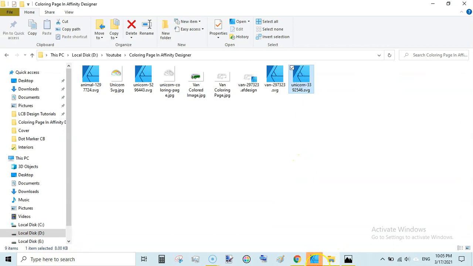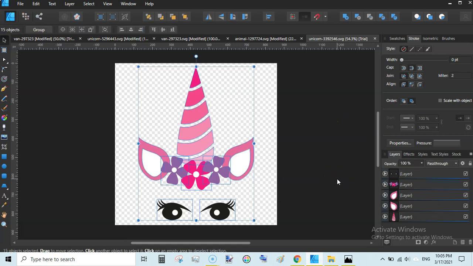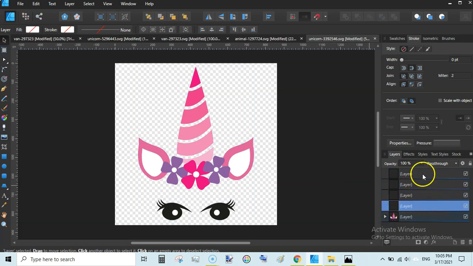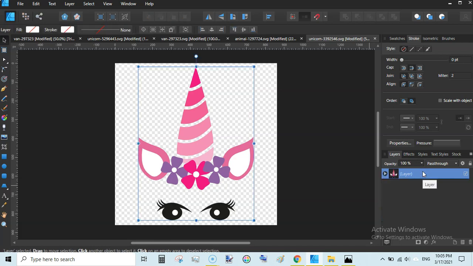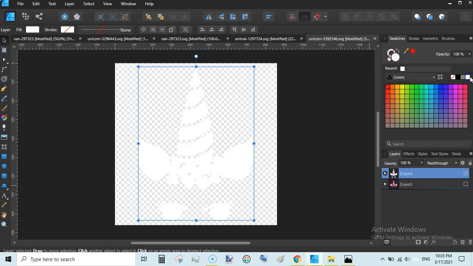Okay, we have again opened this in Affinity Designer. Control plus A and Control plus G to group these images, and just delete these additional ones, and here we are. Control plus J from your keyboard to duplicate this one, hide the second layer, and while the first layer is selected, go to swatches here and select the fill color and select the color white.